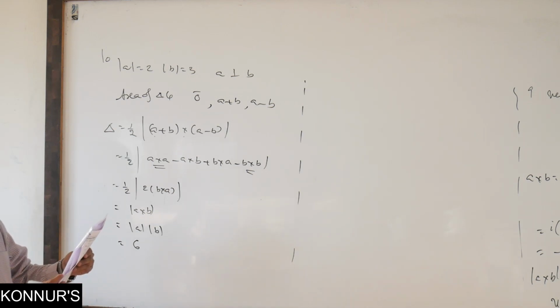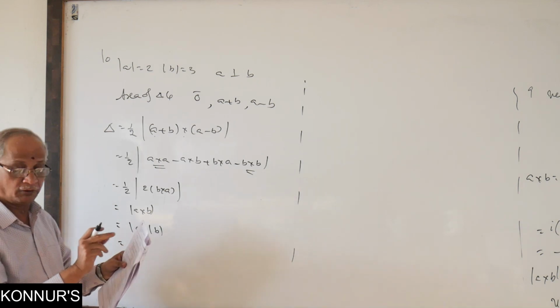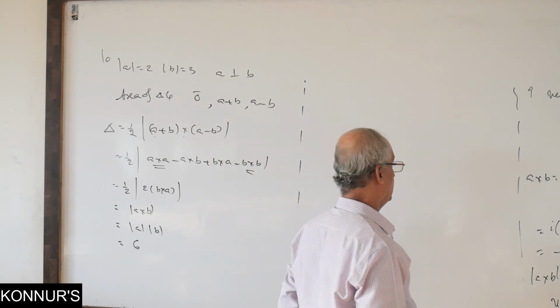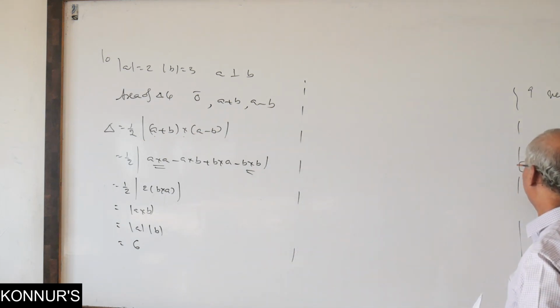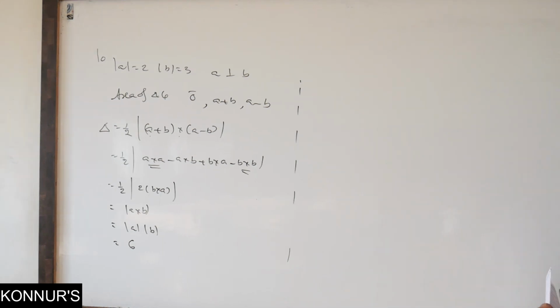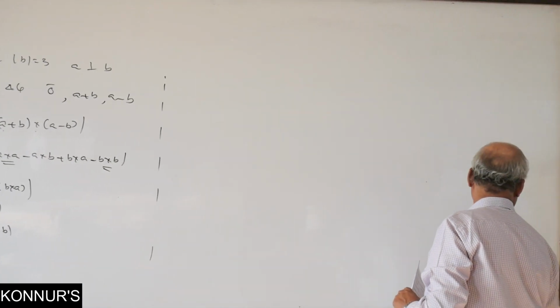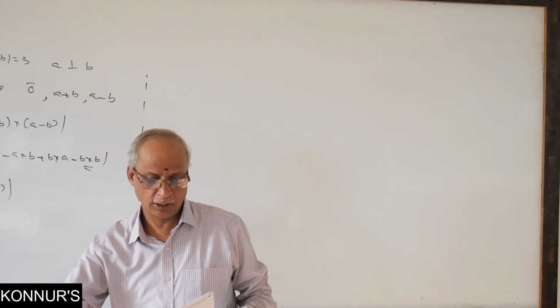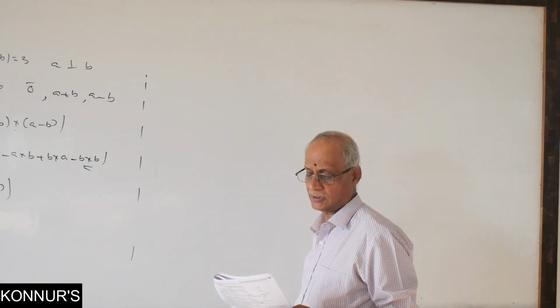Now, the summation of 2 unit vectors. This problem was in physics also. It is there in physics. How is it given in physics? If the sum of 2 vectors is a unit vector, then find the difference of those 2 vectors. That is the problem. Okay? Sum of 2 unit vectors is a third vector.